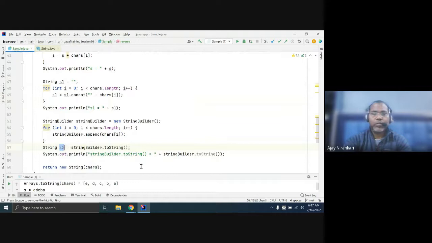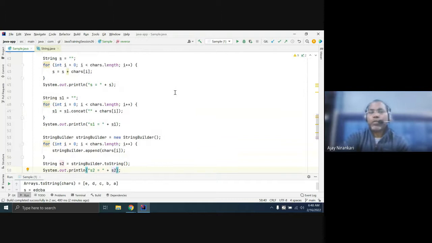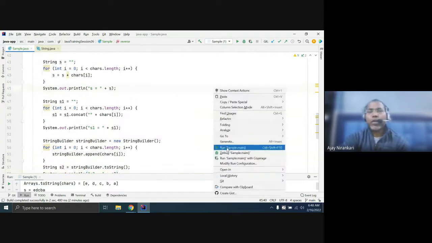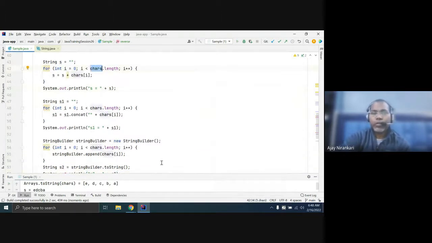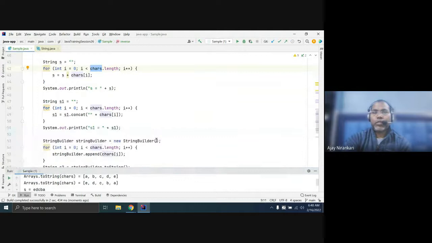So these are the multiple approaches where you can convert your char arrays to string object. All are the same string object. So the first approach: you can just initialize and use the plus operator. Second, use the concat method.